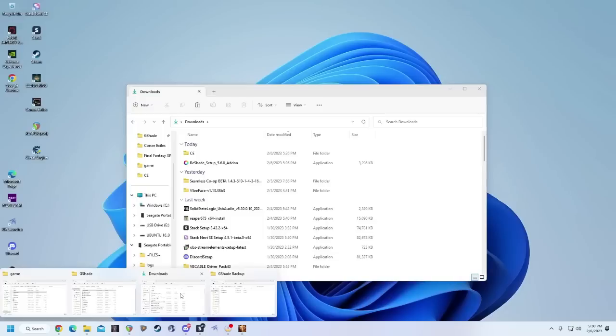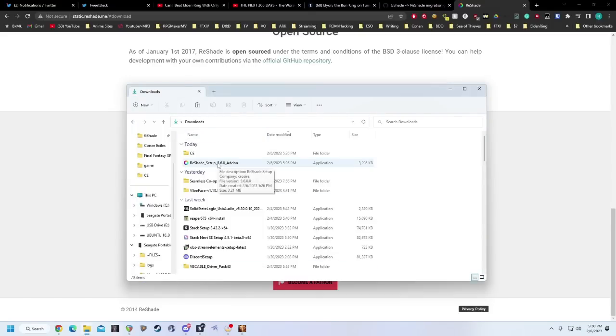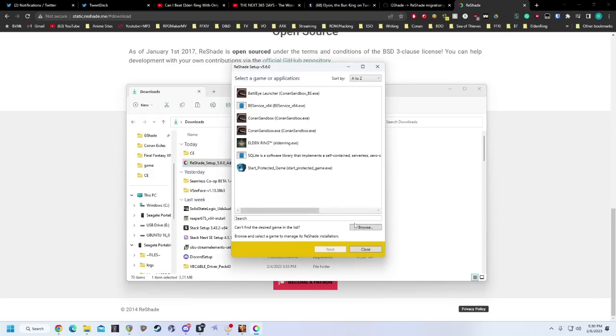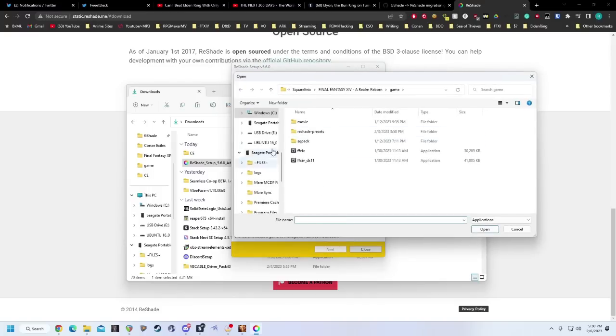At which point, you're going to go to where you downloaded it, and launch it. It's going to again warn you, you may cause ban in multiplayer games. Again, don't worry, 14 we're fine. Once you get to this menu, click Browse, and go to your Final Fantasy XIV install folder. You need to, very specifically, pick Final Fantasy XIV